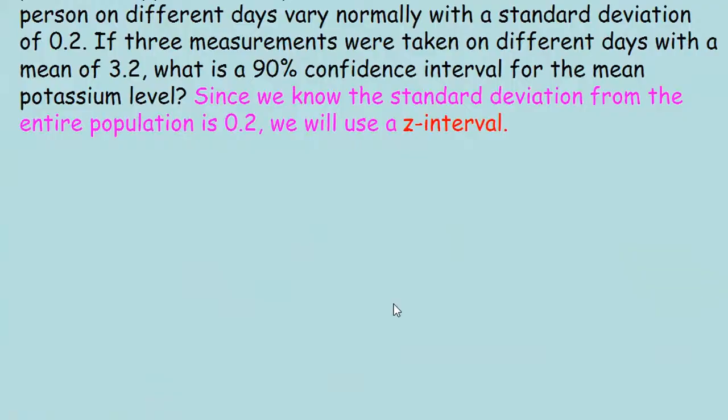Okay, so now that we've gone over all this, let's go ahead and try our first example. Number 1. A test for the level of potassium in the blood is not perfectly precise. Suppose that repeated measurements for the same person on different days vary normally. That's going to be important for our conditions, with a standard deviation of 0.2. If 3 measurements were taken on different days with a mean of 3.2, what is a 90% confidence interval for